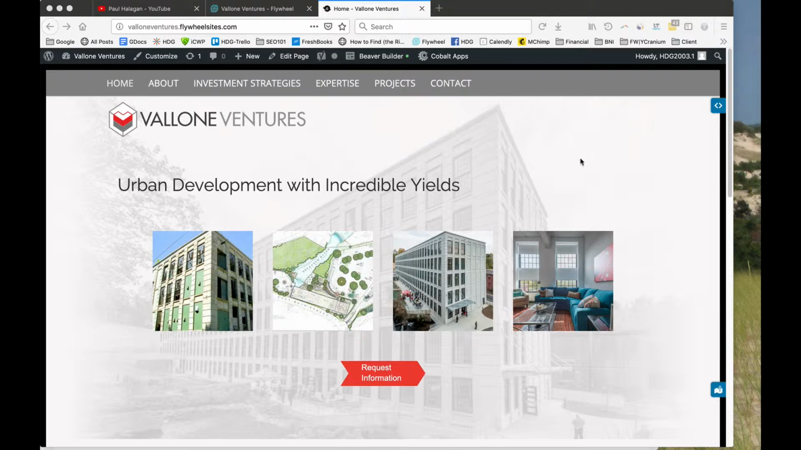Once you've logged into WordPress using your username and password, you'll get to a WordPress dashboard. If you click on the upper left-hand corner, you'll see the home button up here, and if you click on that, it'll take you to the front end of the website. Once you're in the front end of the website, if you click on Beaver Builder,